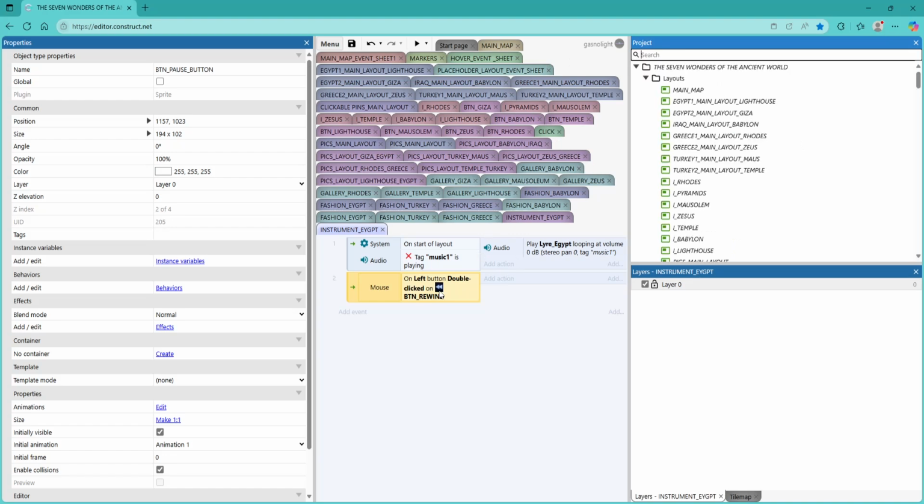Okay, so I just have to quickly change that. So basically when double clicked on button rewind